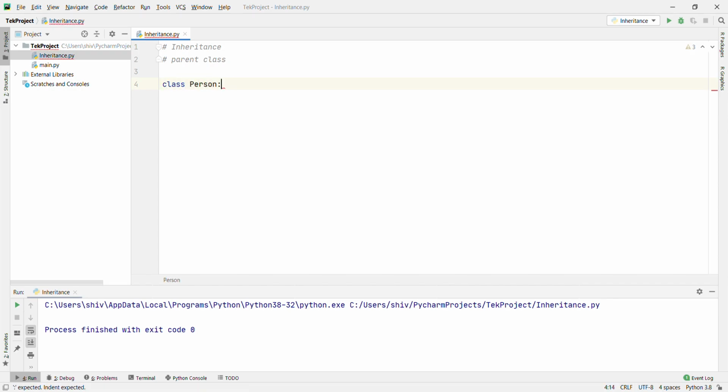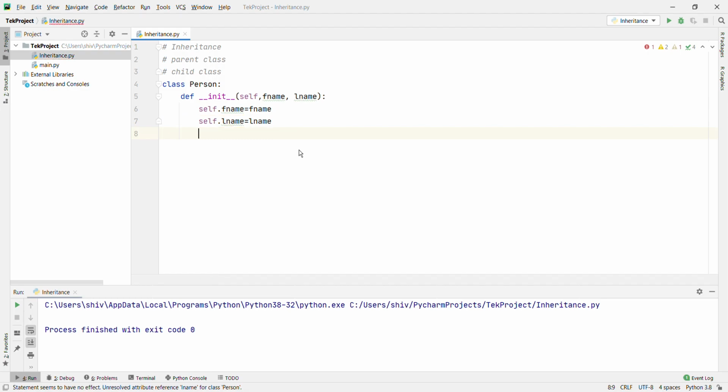In it, define init, the default constructor of a class, which takes first name and last name. Then self.first_name equals fname, self.last_name equals lname. And we are going to print the name.